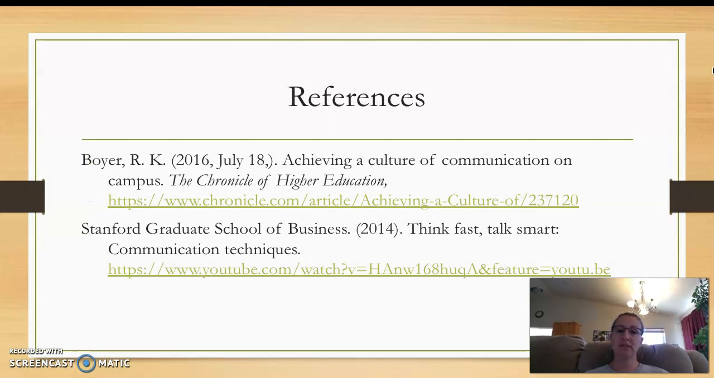Here are the references that I used in putting together this presentation. I used the Chronicle of Higher Education's article, Achieving a Culture of Communication on Campus by Boyer, and also watched and listened to the Think Fast, Talk Smart communication techniques that was located on YouTube and brought by the Stanford